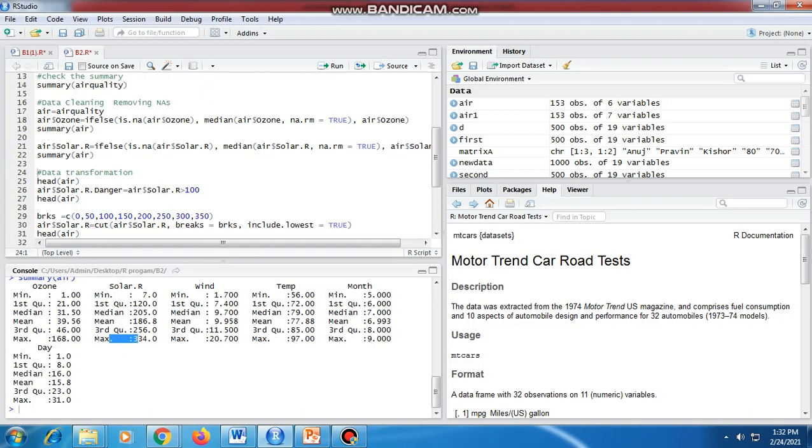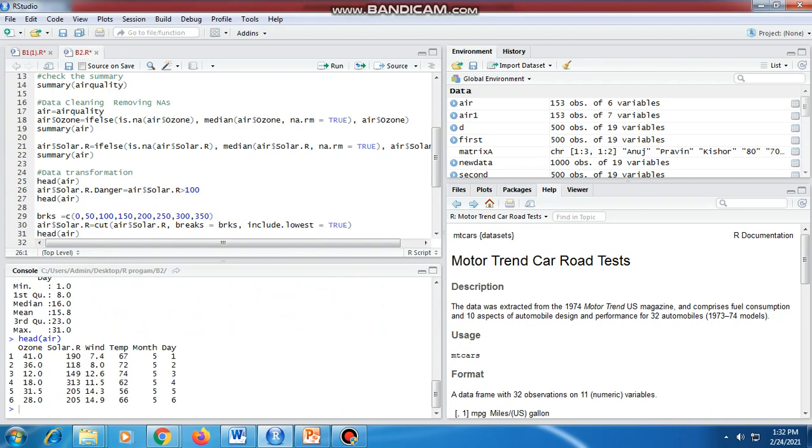Now we will see data transformation. In this example, first of all we print the head of air, then we use one extra column, Solar.R.danger. If Solar.R is greater than 100, that is, if the Solar.R value is greater than 100, then we consider it a danger.